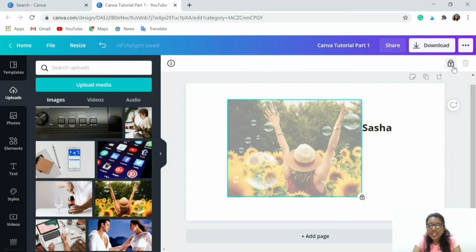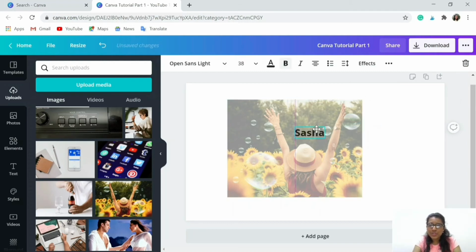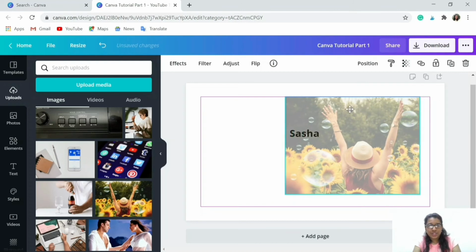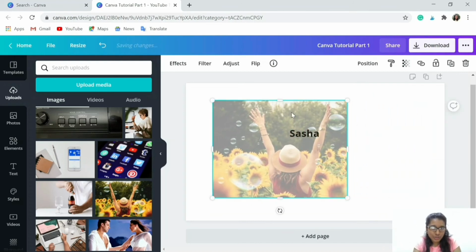It's not compulsory to lock the picture after you have finalized it, but it is helpful if you're working with a lot of elements, because if suppose I want to move my text to the right, I can't move it this way, but maybe in a hurry or maybe I'm not concentrating that much, I could end up moving the picture and I don't want to change the position of the picture.